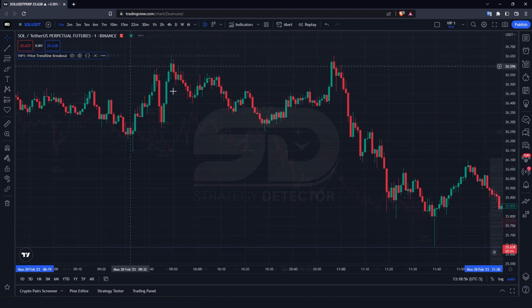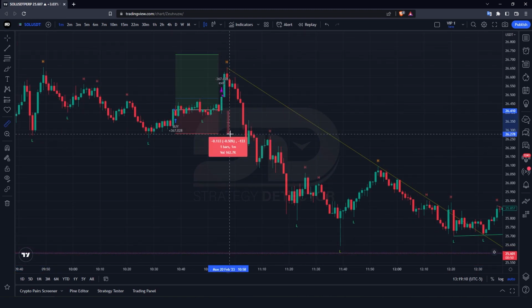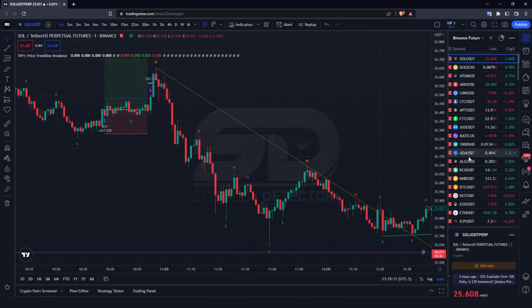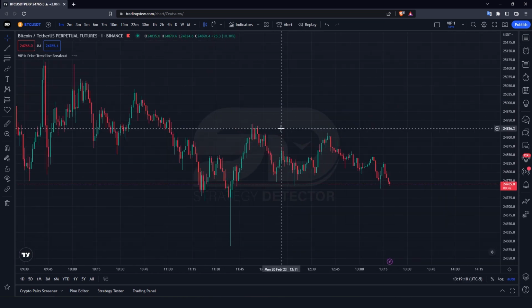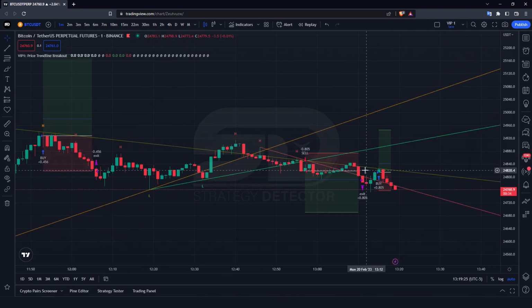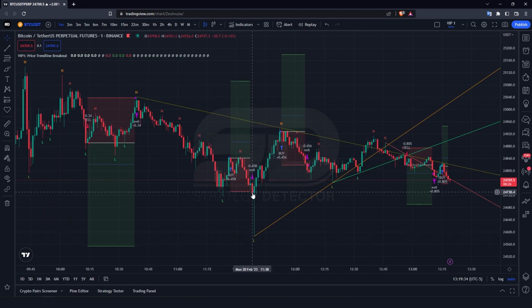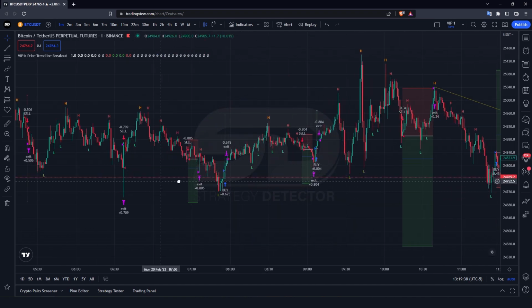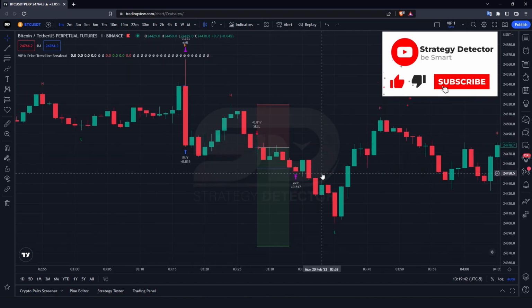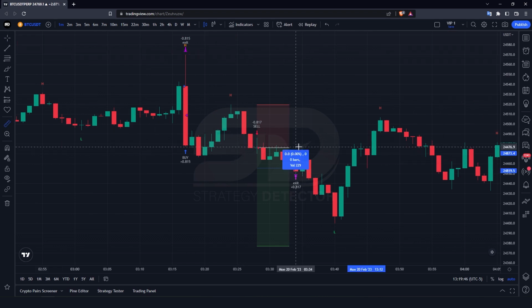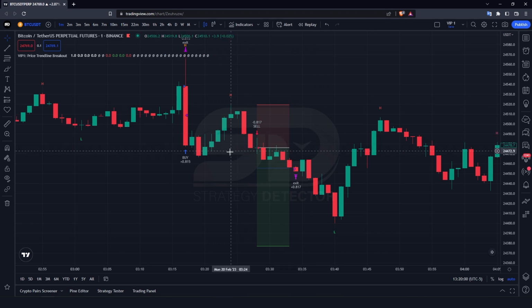Okay, let me change the time frame and show you an example in the chart. Look at this one. The stop percentage is not as small here. Okay, let me choose Bitcoin in 1 minute time frame. If you look at the chart here in this position, our distance to stop is 0.2%. And because our stop is too small, even if we have take profit, it won't be profitable for us. Look at this example. Here's our stop amount. In these kinds of positions, with these small amounts, we won't be able to gain profit, even if it hits the profit target, because we have to pay 50% or up to 90% of the profit to the exchange